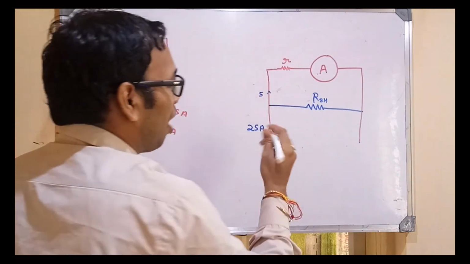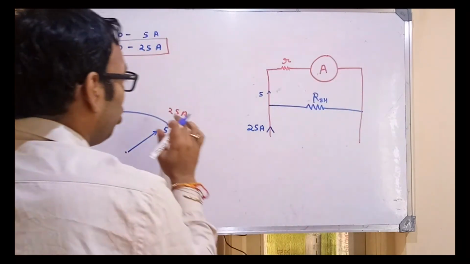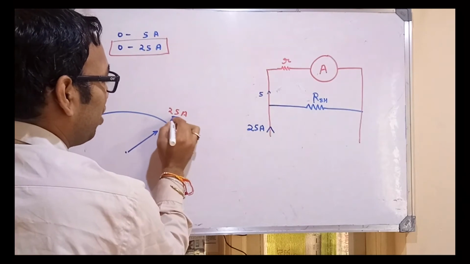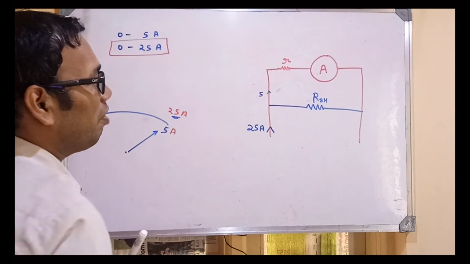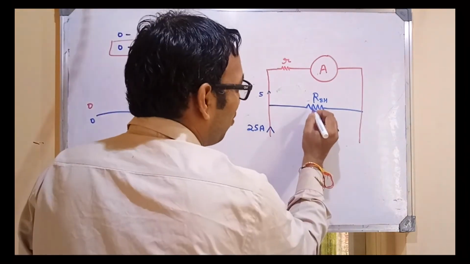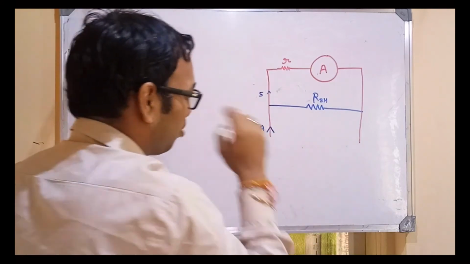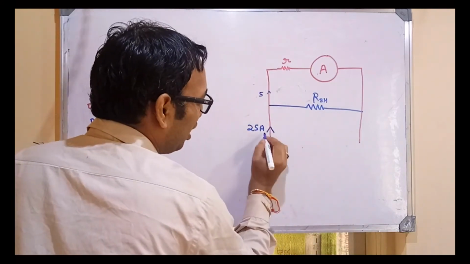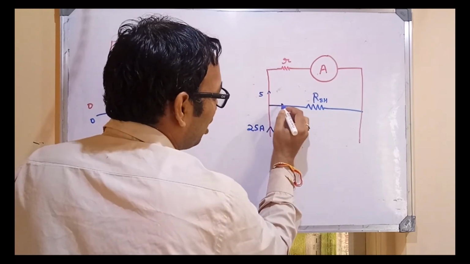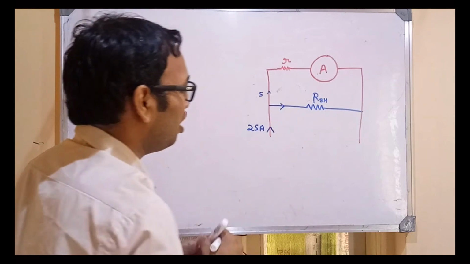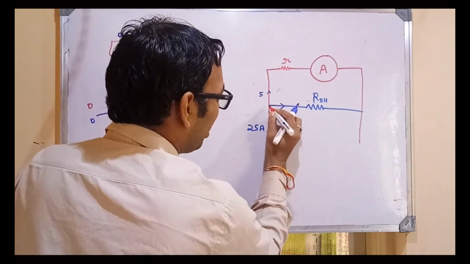This meter should read 25 ampere, so the ammeter itself will take 5 ampere. How to calculate this resistance, I will tell. This current is the main current. If you put KCL here,